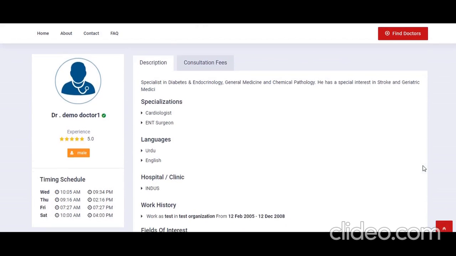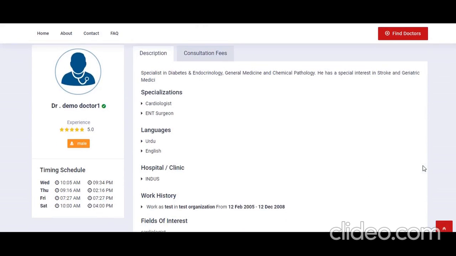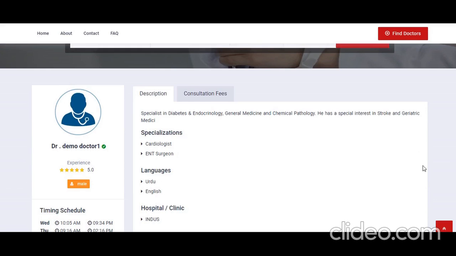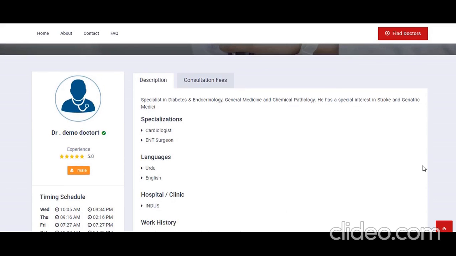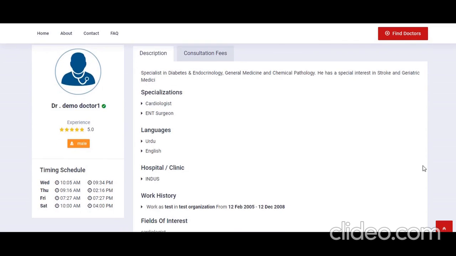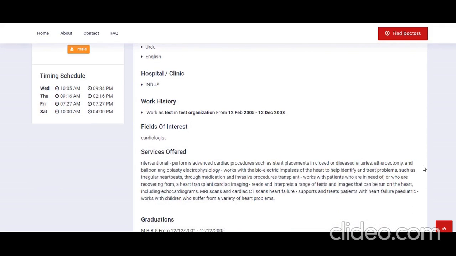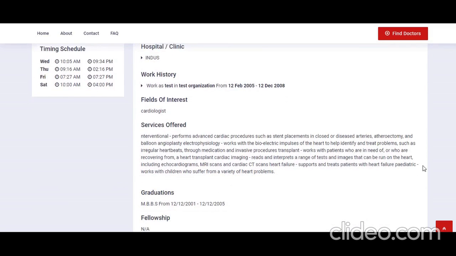In this you can see your timing schedule, with timing Wednesday, Thursday, Friday, your consultation time, and you can see the description, specialties, languages, hospital, clinic name, work history, field of interest, and what services you can offer.